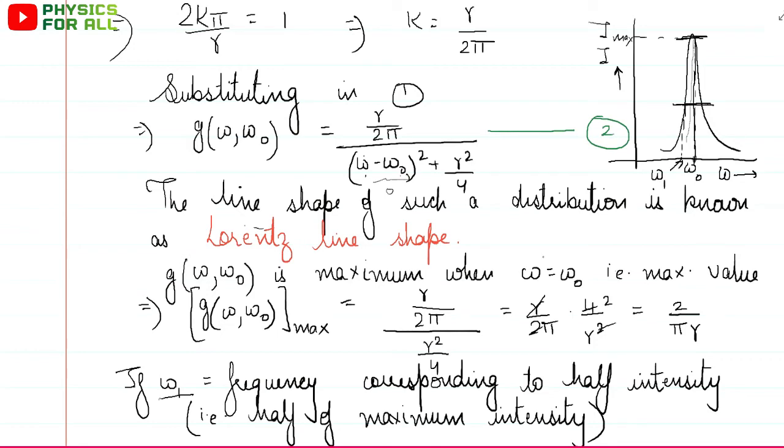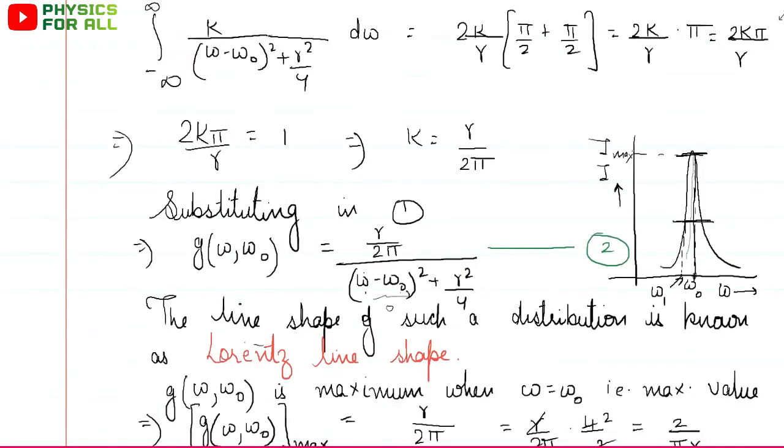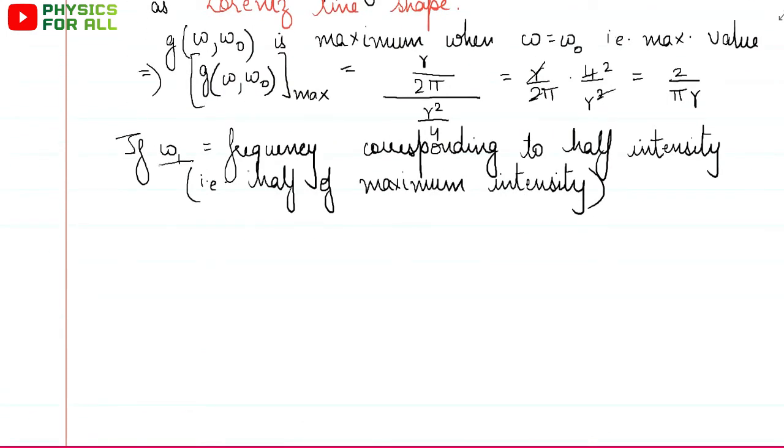This is what we mean here. Then our line shape function would also be half. If this is the height for g omega naught maximum, then at half the maximum height, this would also be half. We can write here, in that case, we would have g omega naught max